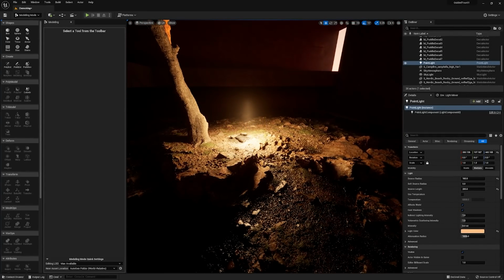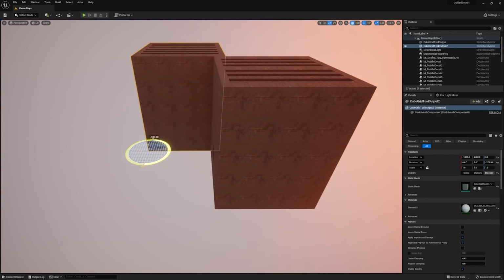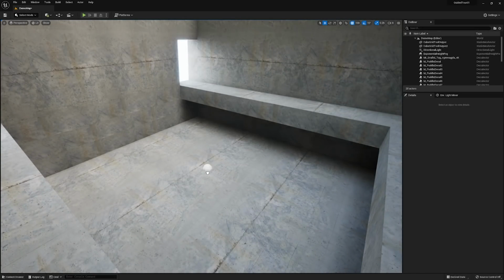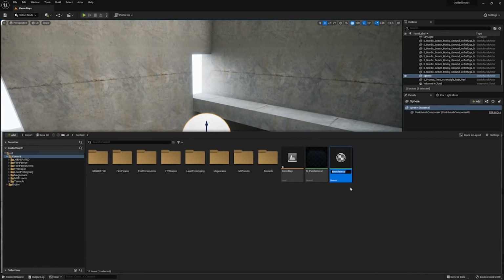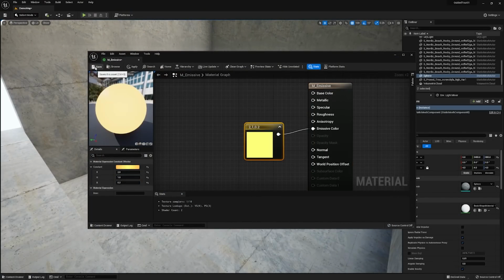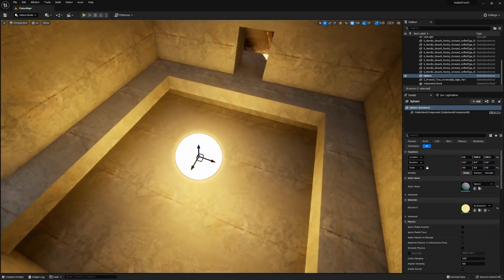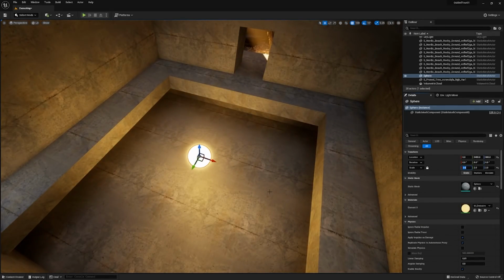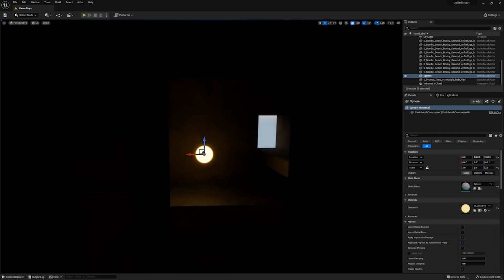Now, I want to go ahead and test something else with Lumen, but to do it, we're going to need another room. So I'm quickly just going to add a doorway here and a second room, and we'll go into that. Because if I add a sphere to the scene, and then create a really straightforward emissive material and apply it to that sphere, we see something kind of cool. And that is that, yep, emissive contributes to the Lumen representation. Now what this means is that little lights in your scenes that are part of your meshes now help actually light the environment. As we move away from this sphere, we can see the light disappear though. So we need to go ahead and investigate this.